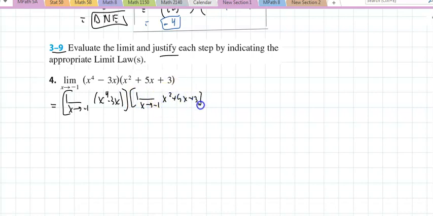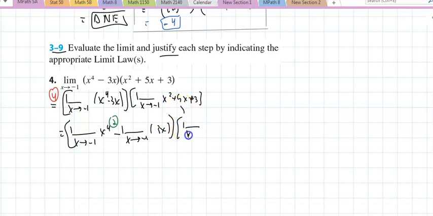So the first step here, you're going to say, by rule number 4, the limit of the product is the product of the limits. Here, this is going to be the limit as x approaches negative 1 of x to the 4th plus the limit as x approaches negative 1 of negative 3x. What allows me to do that? That's rule number 2. Actually, rule number 2, I could take the minus up front. Same thing. I could have said 1 by plus times